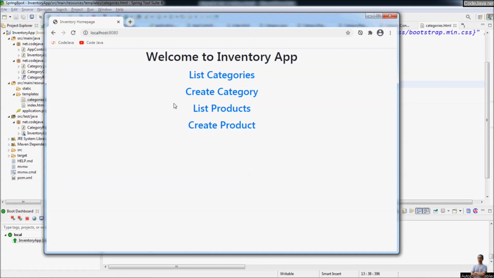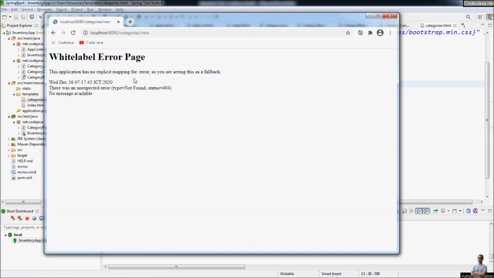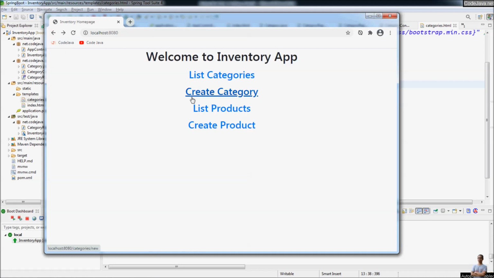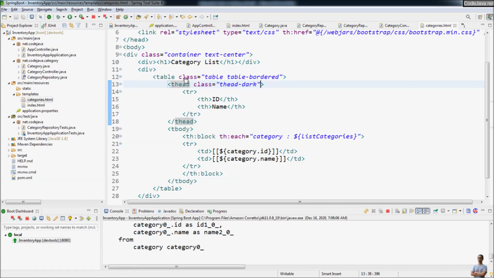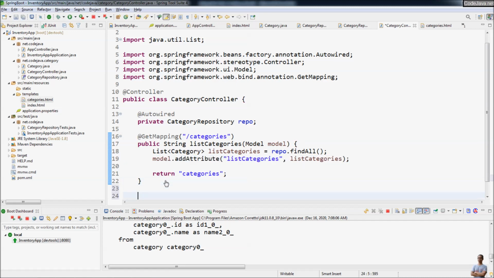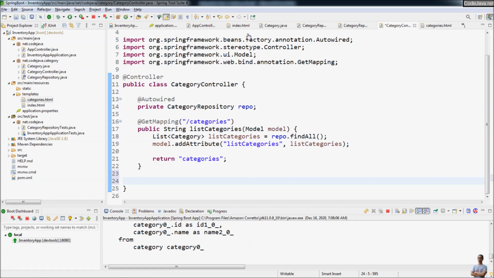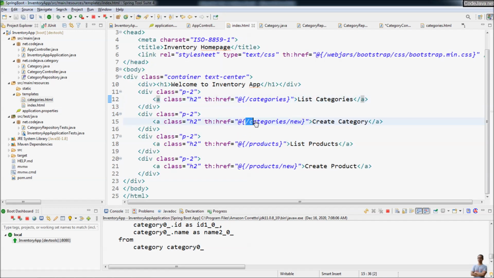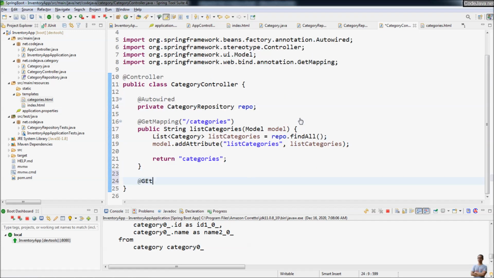Next, I'm going to write code for implementing the create category function here. When the user clicks the create category link here, a form will appear, allowing the user to enter the information for a category. Okay, so I need to update the category controller here. Write a new handler method to handle the URL categories/new here. GetMapping for HTTP GET request, public String